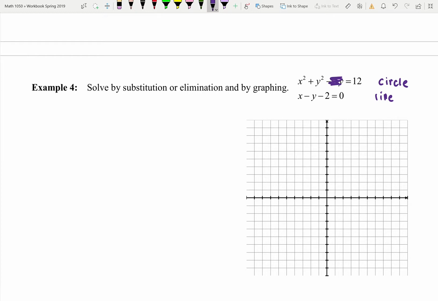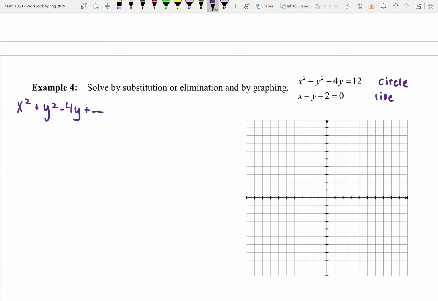Then I'd be ready. My center would be 0, 0. My radius would be the square root of 12. It'd be done, right? The y is a problem. It can't be there. So what we're going to have to do to get rid of it is we're going to have to complete the square. Okay, so everybody go x to the second plus y to the second minus 4y